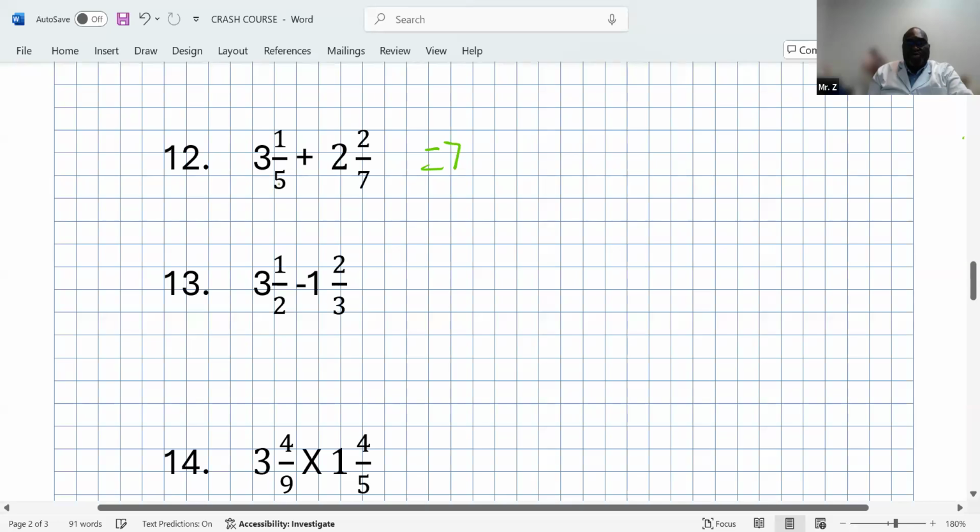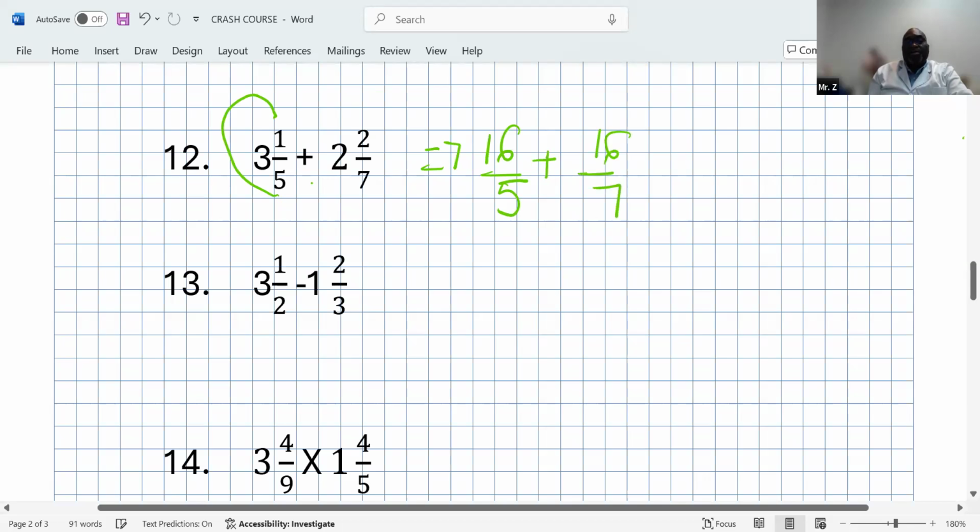You're going to have a 3 times 5. You use a C method. 3 times 5 is 15 plus 1, you got 16 over 5. All right, you put your plus sign. You got 7 times 2, 14. 14 plus 2, you got 16